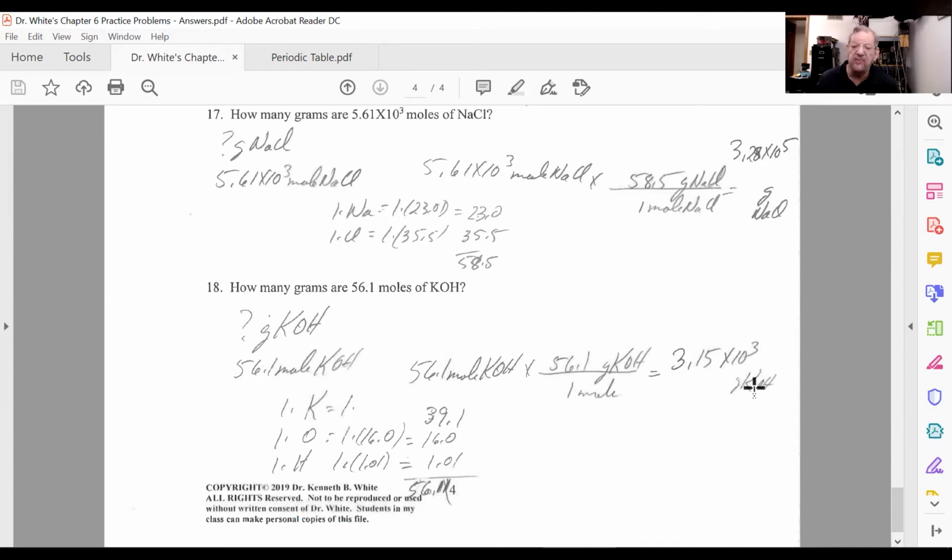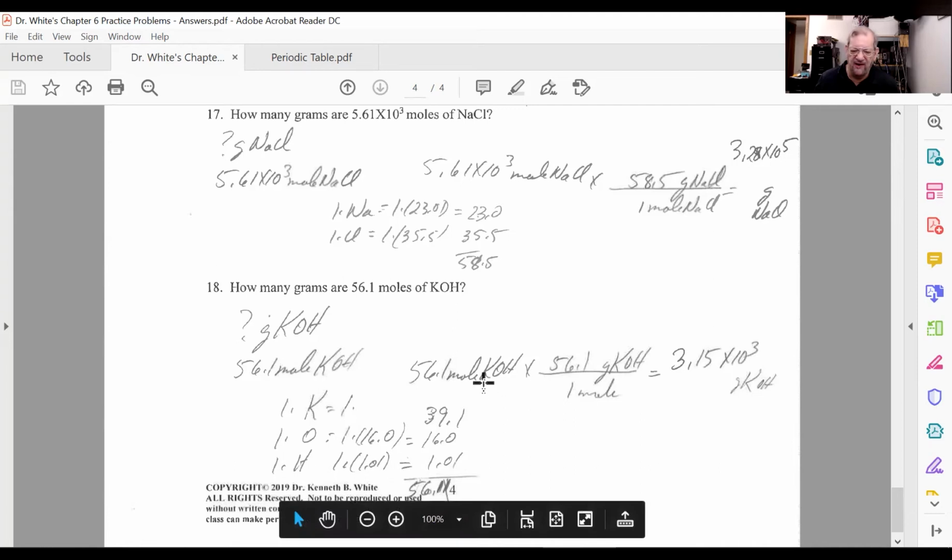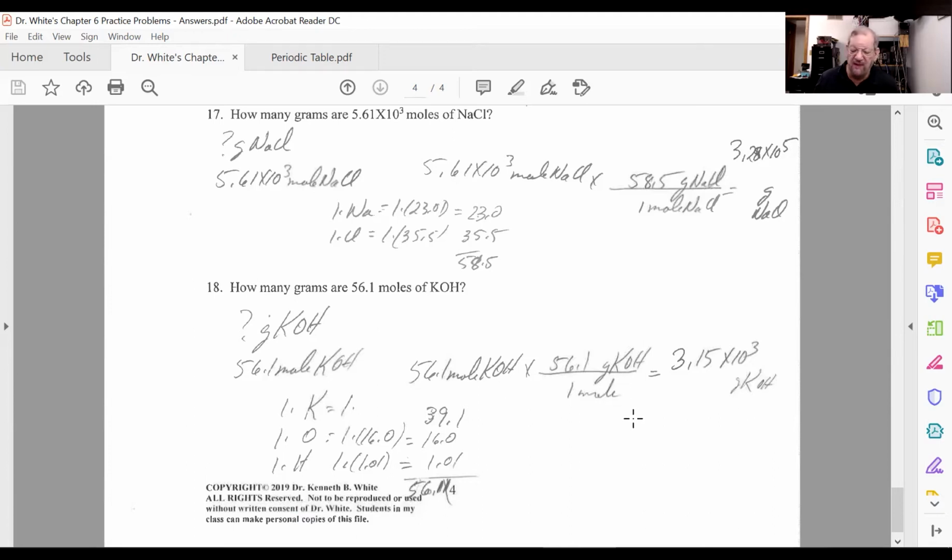Grams of KOH. Now I use my good buddy, and truthfully, my good friend, unit analysis, and I say whatever I'm trying to get to goes on top. Whatever I'm trying to get rid of goes underneath. Moles divided by moles cancel out. I'm left with grams of KOH. That's always an important check. The students sometimes get this upside down, and you see moles times moles divided by grams. Nothing cancels out. You know, oops, I better go back and check what I did wrong.